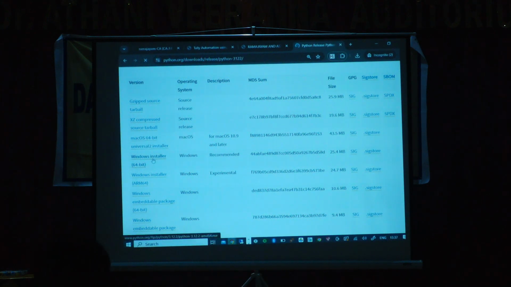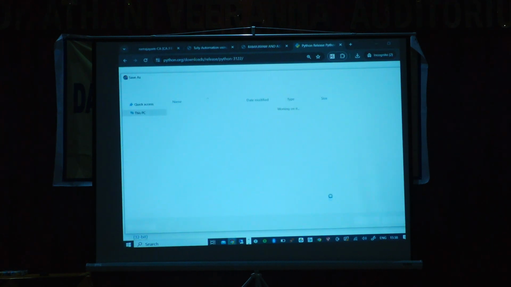So you have to click on this Windows installer 64-bit. 64-bit only. So this is the last task we will do for today and wind up. More than you, I'm very tired. Yes, download it. So after downloading it,